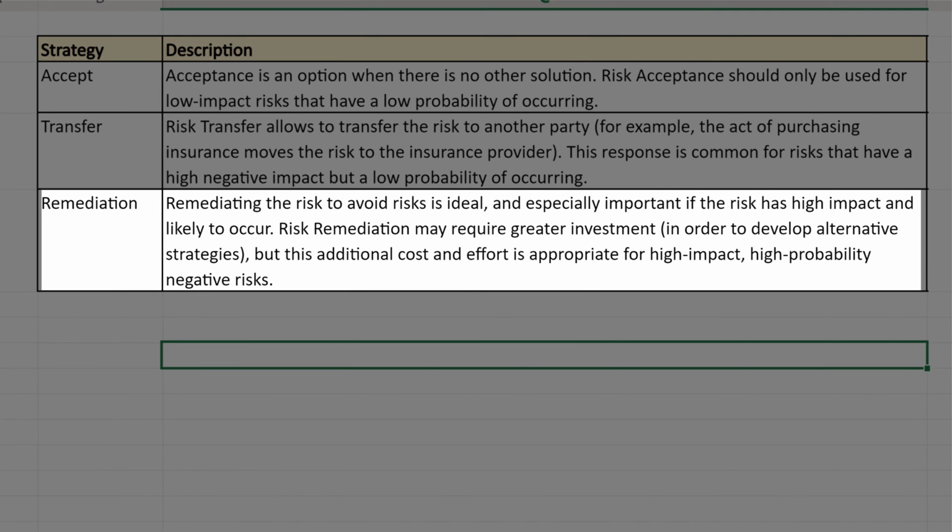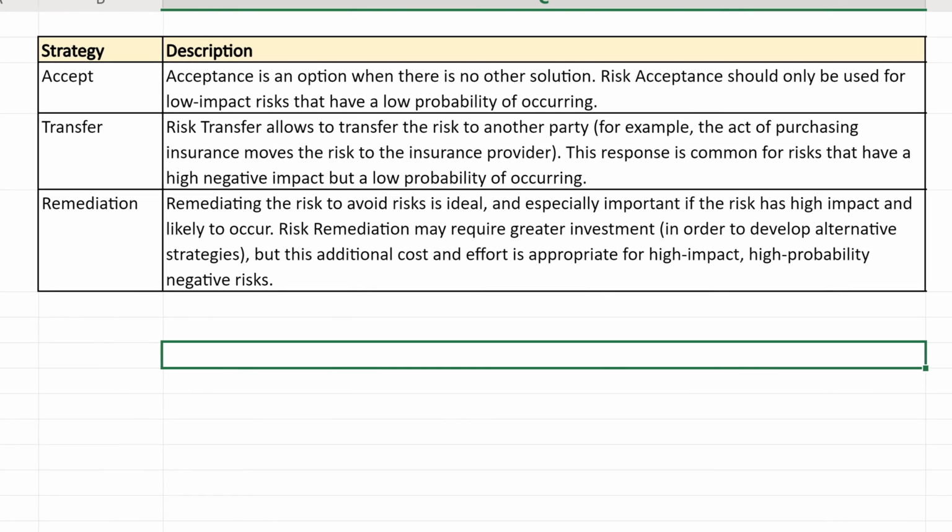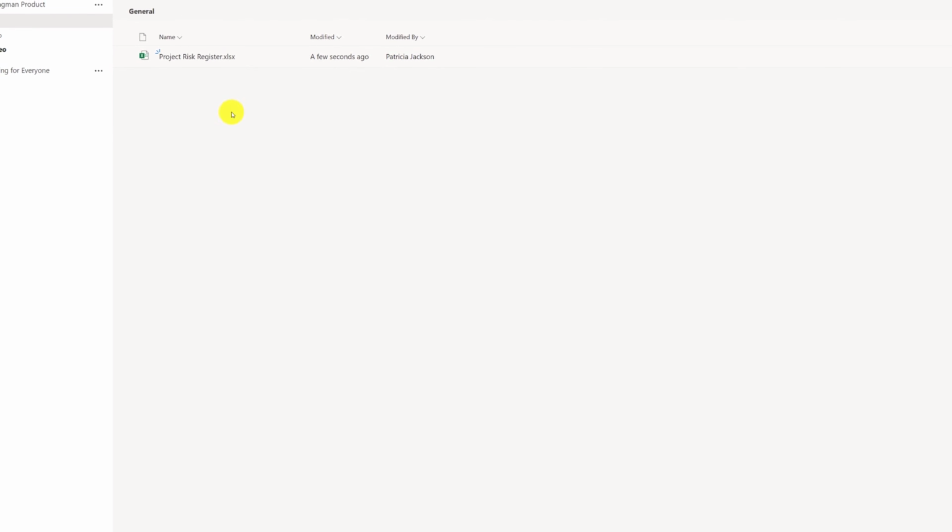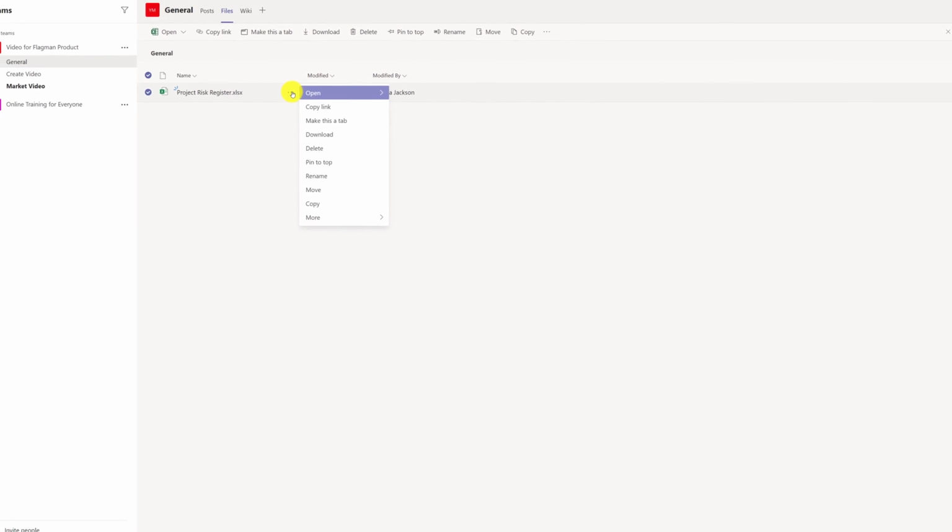And the last strategy is risk remediation. This is the most frequently used strategy, because in this option, team has ability to control the risk, manage the risk, and take actions. Now, when the risk register is in place, you can just click on the three-dot button,